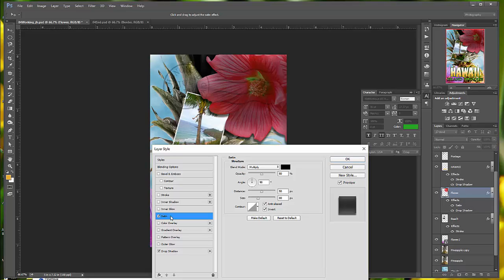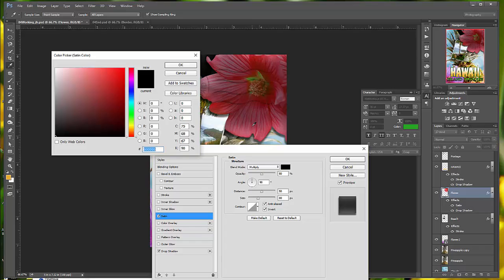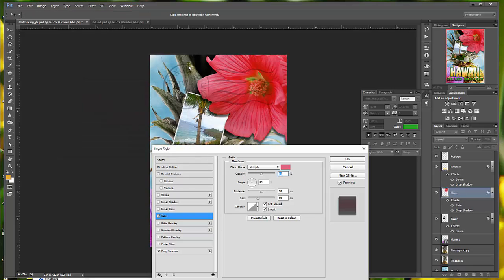Now we want to make sure that the invert is selected, which is right here, and we want to apply these following settings. Color, next to the blending mode, should be fuchsia, so something in this range. The opacity needs to be brought down to 20%. Distance should be 22 pixels,